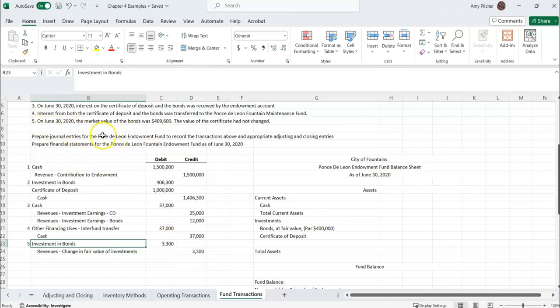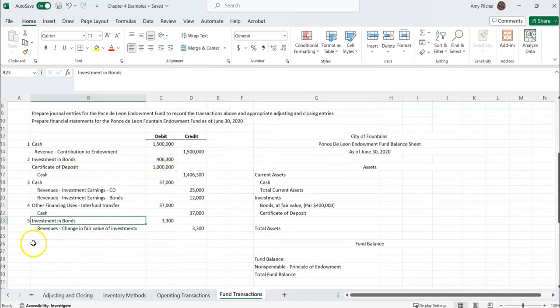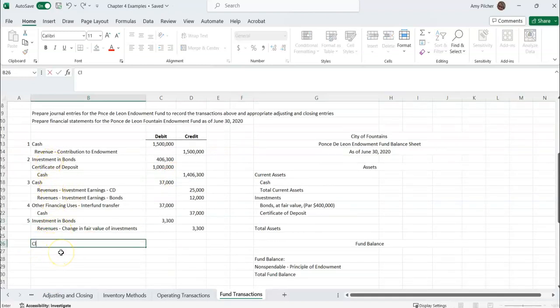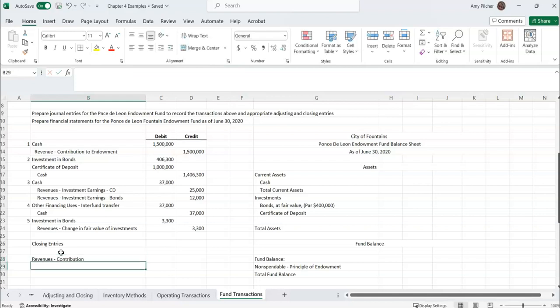So we prepared the journal entries for the fund to record the transactions above, and now we're going to look at the adjusting and closing entries. There are no adjusting entries required, but we're going to have our closing entries, where we close our revenue and expense accounts. So we had 3 different kinds of revenues: the contribution, change in fair value,